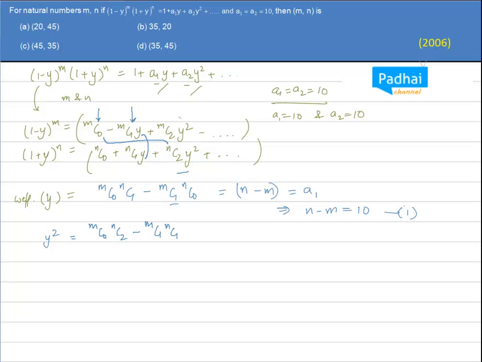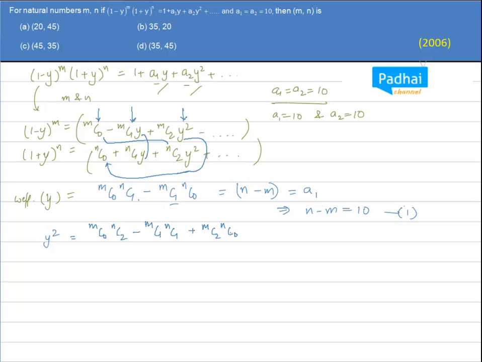Okay, now this is y square over here. Now I need to multiply this with the constant coefficient, because only then will I get a y square. So this term will be multiplied by this. Okay, so let's see, I'll make it out like this. So this will be what? Plus mc2